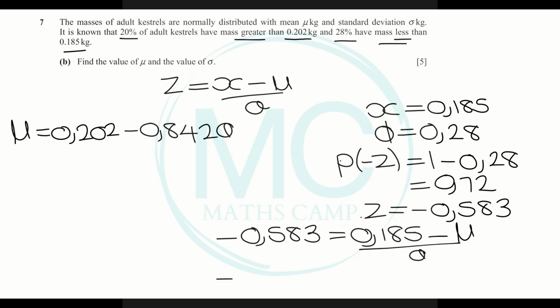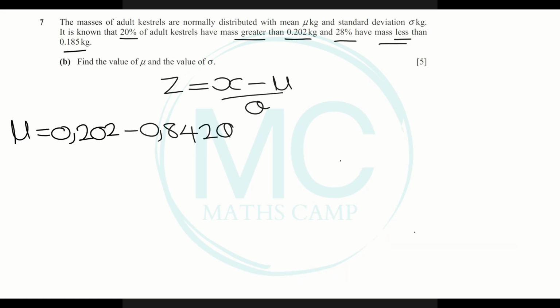I'm going to get negative 0,583 multiplied by sigma is equal to 0,185 minus mu. Again, mu needs to be positive, so I'm going to make some space. And I can write my equation as mu is equal to 0,185 plus